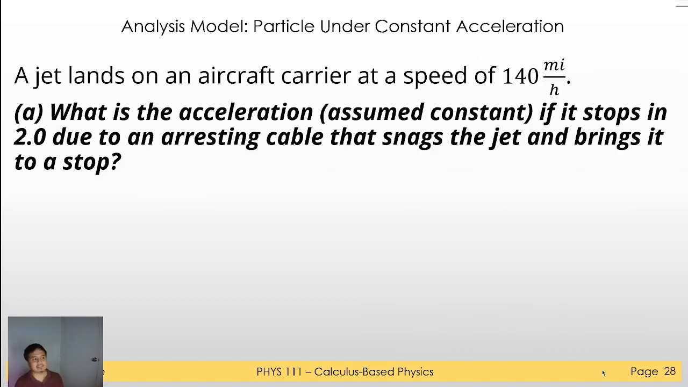So a jet lands on an aircraft carrier at a speed of 140 miles per hour. What is the acceleration, which is assumed constant, if it stops in 2 seconds? It is 2 seconds due to the arresting cable that snags the jet and brings it to a stop. So we could imagine an aircraft carrier, for example. Say this is your aircraft carrier, and then let's say your jet,